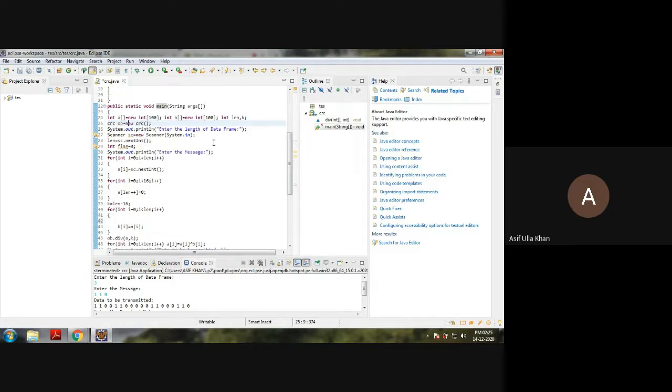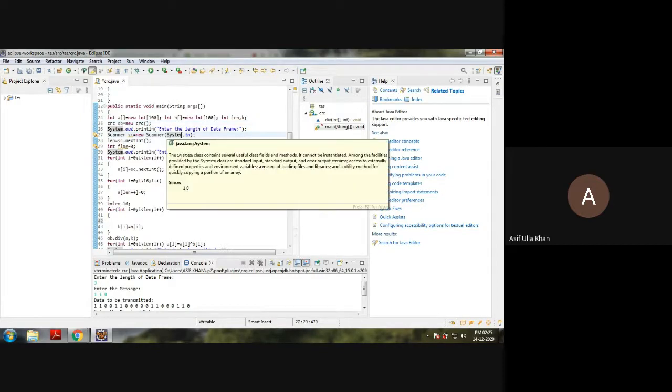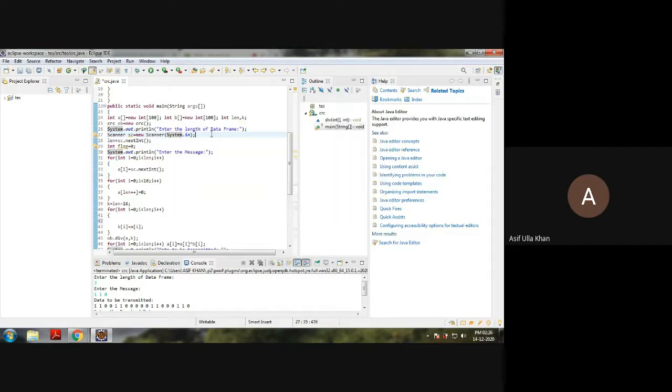Now I am going to prompt: enter the length of the data frame. It is your wish what the length of the data frame, the data to be transmitted, is that you want to enter. The Scanner takes all the input, like your scanf in C programming. For example, I am going to enter the length as 3.